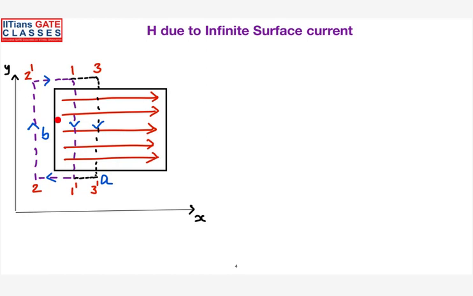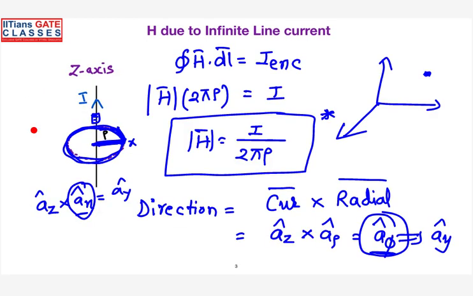So I have a basic question. Should I consider a loop along the X direction or should I consider a loop along the Y direction? The point is, in which direction you have to consider the loop? In other words, if you go back to this slide, Y direction somebody is telling, fine, good. So in the previous case, you can see here, this is your infinite line current, right? So I told you the source should be enclosed with a closed line. So why don't you consider a loop in this following direction? Can you answer me this one?